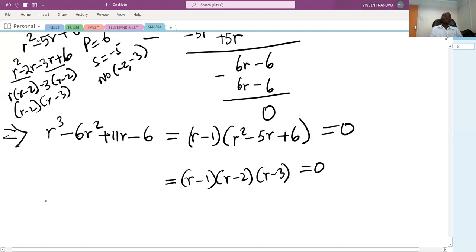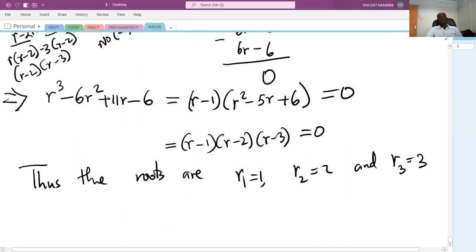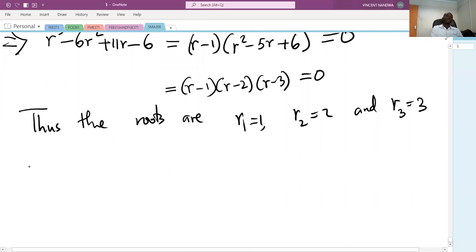Thus, the roots are R1 equals 1, R2 equals 2, and R3 equals 3. So these are cases of distinct roots. So you say the general solution